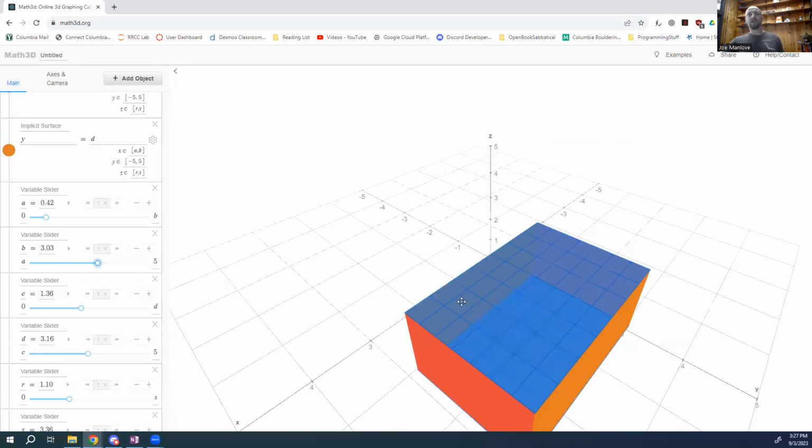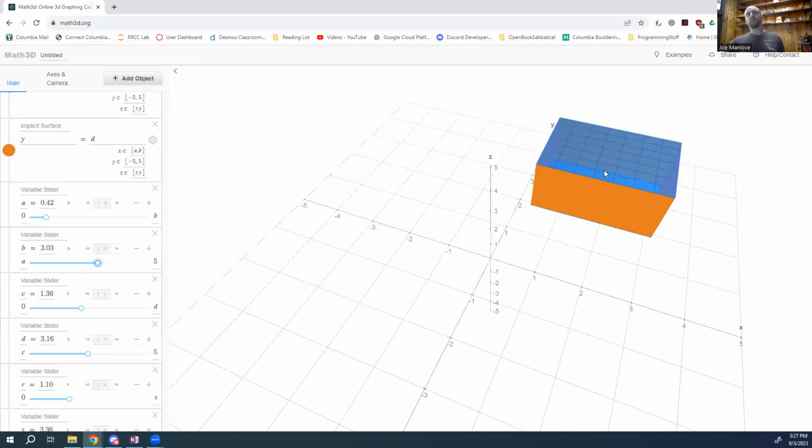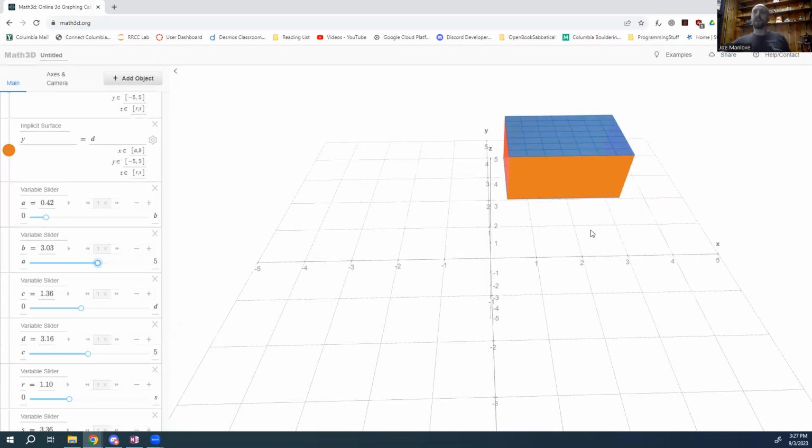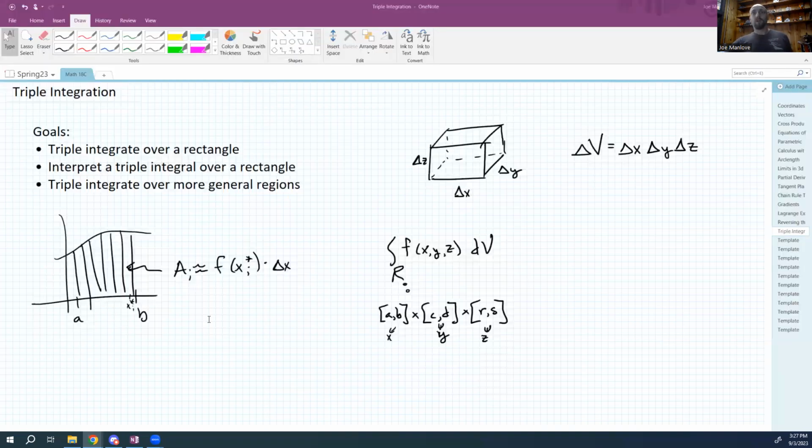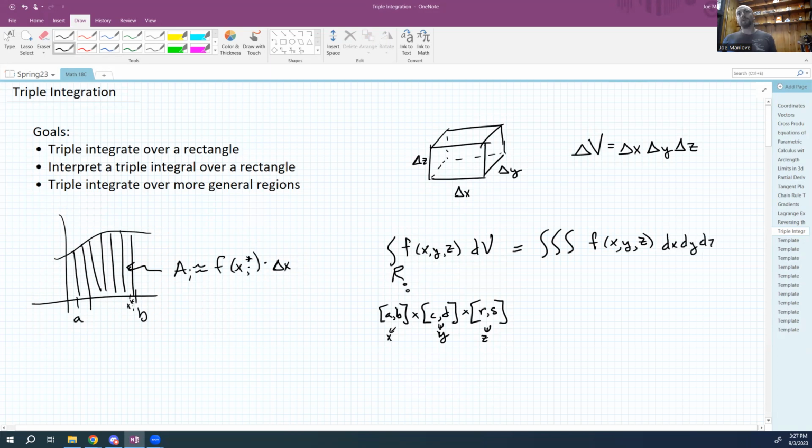You can see here I've got my little grid, right? And if I chunked up the sides too, I'd have this chunked up shape, and then I'd need to go through and add up all the little boxes. So in terms of actually doing this, the way we're going to do it is I'm going to pick an ordering of my X, Y, and Z variables that makes sense for me. In the case that you have a rectangle, I would go ahead and pick them in the laziest possible order,